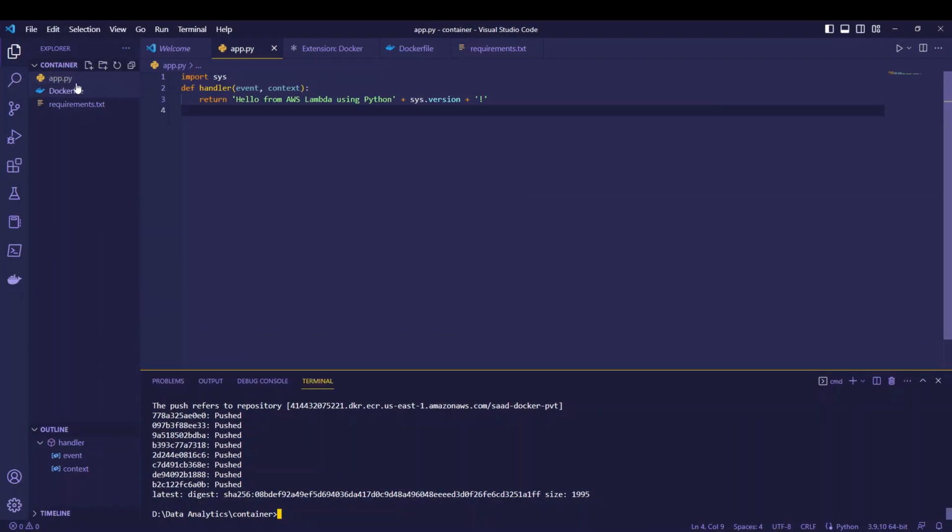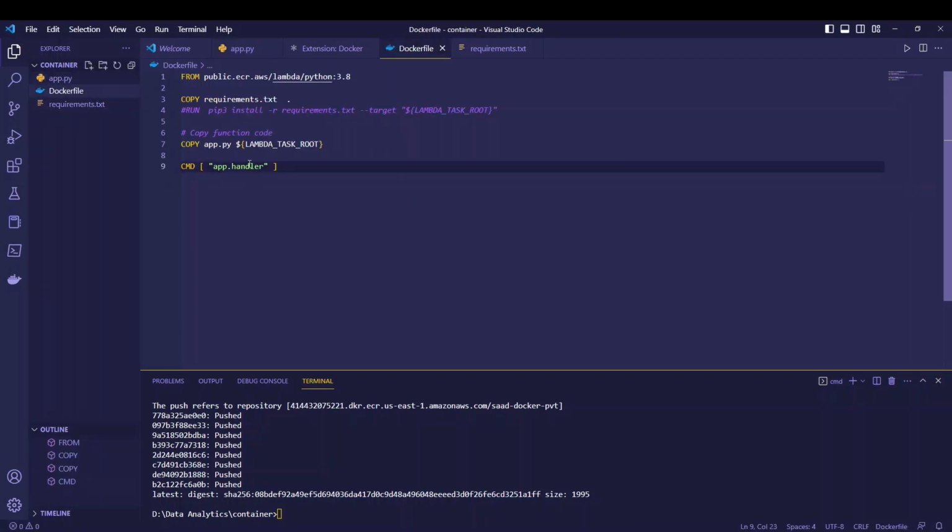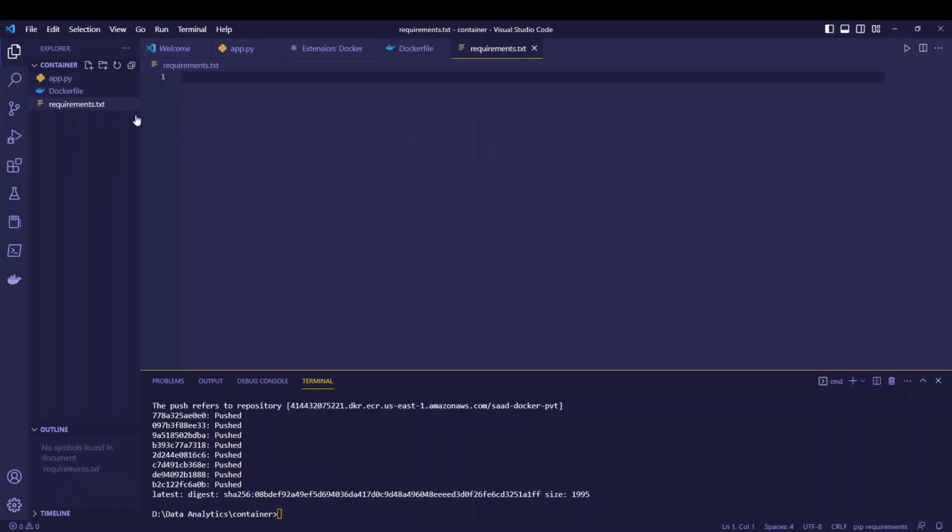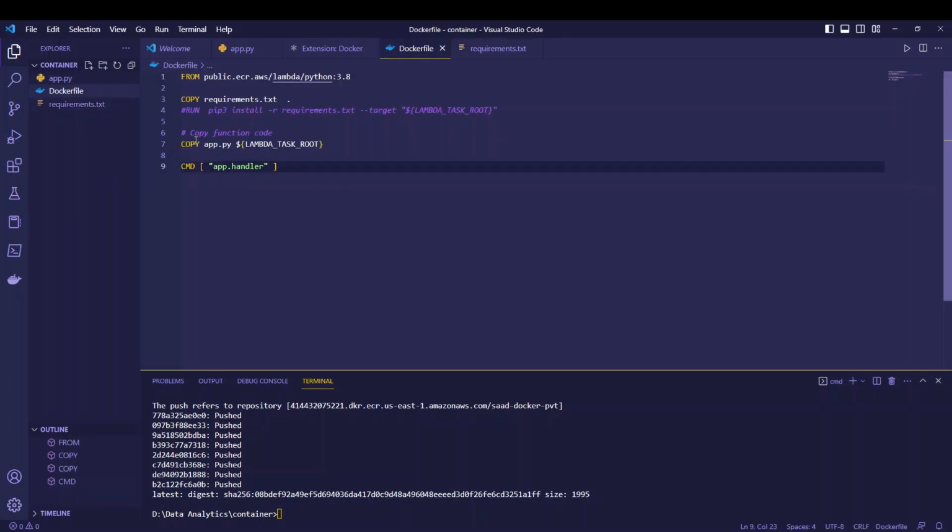All right, so this is my container, and this is my app, which has the simple function. This is a simple Lambda function which was simply returning hello from AWS Lambda using Python. And this is my Dockerfile. I do not have any requirements. This is empty, even though this was required by the